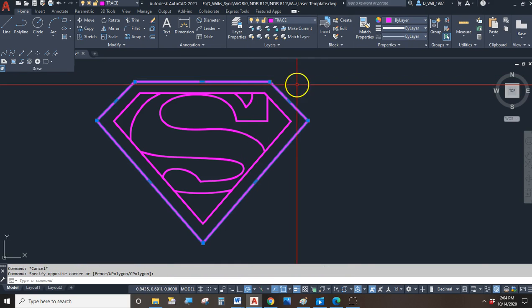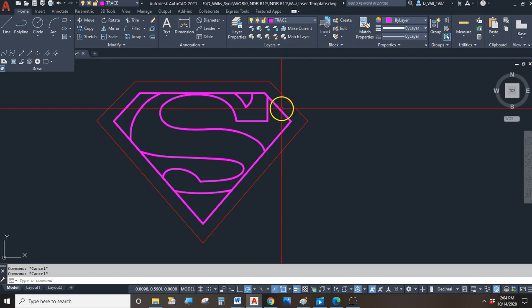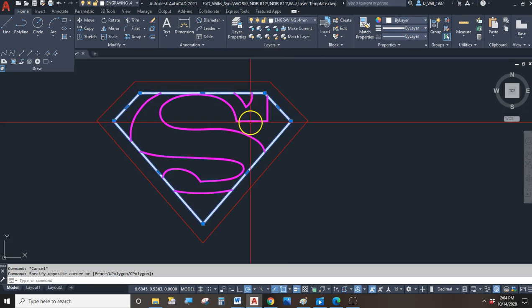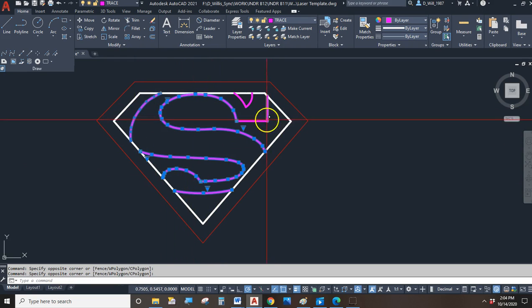So these trace lines get you started, but these are not the end of the project. The end of the project will be when you determine, is this a cutting line? Is this an engraving line? Or is this a scored line? So what I'm going to do is take all the stuff that I drew on the inside here. I'm going to put it all on the engraving 0.4